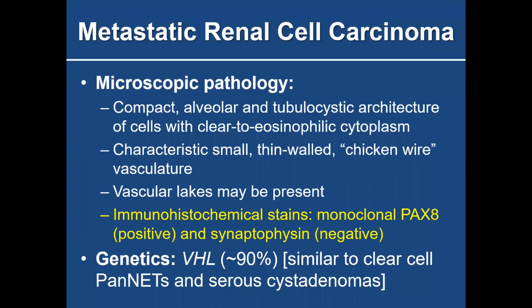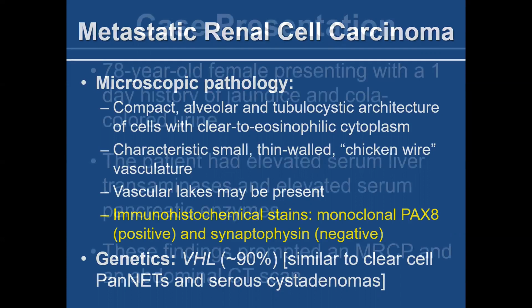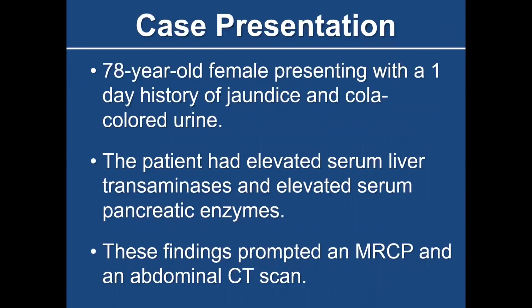Again, immunohistochemistry can be very helpful with a panel of stains to include a monoclonal PAX8, not a polyclonal PAX8, as well as synaptophysin. Monoclonal PAX8 is very important because polyclonal PAX8 can cross-react with PAX6, and PAX6 is normally expressed in the islets of Langerhans, as well as in the pancreatic neuroendocrine tumors. So, in the few minutes I have left, I'd like to go